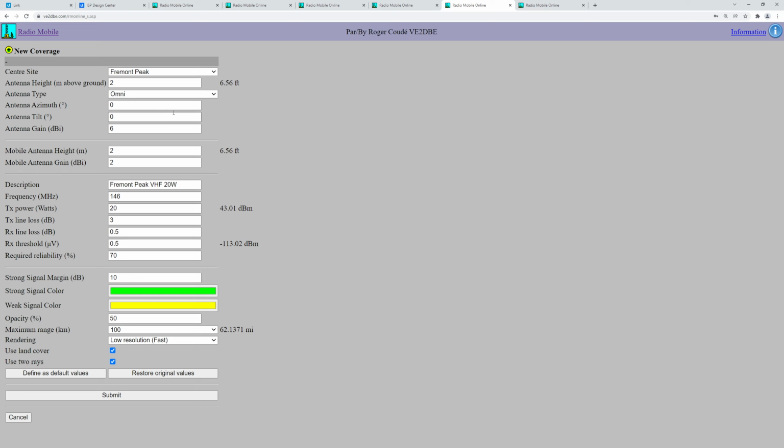It's an omnidirectional antenna with no tilt to it, and 6 dBi of gain, so just kind of a normal base station antenna. The typical receive station will be, again, a 2 meter high mobile antenna with only 2 dBi of gain, so more of a dipole. And we'll do this one at 2 meters with the default of 20 watts, and these default line